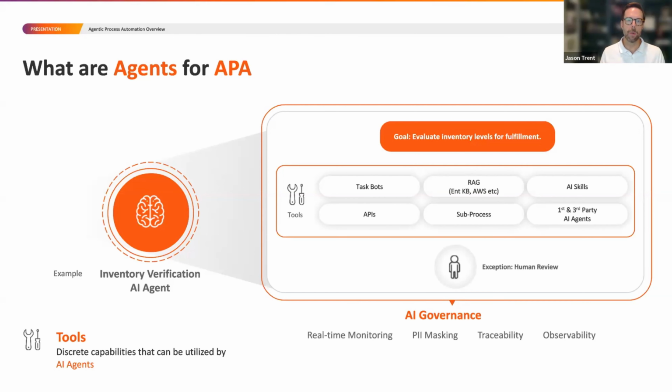So all of the things that you and the teams have been building over the last several years on top of the A360 platform, those task bots, those API tasks, those user forms, those are all tools you can take advantage of right now. So you basically have an unlimited library of tools that you didn't even know you were curating over the last several years. You can now take advantage of those in agents. And of course, agents can call other agents as well.